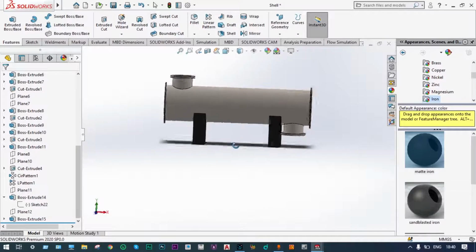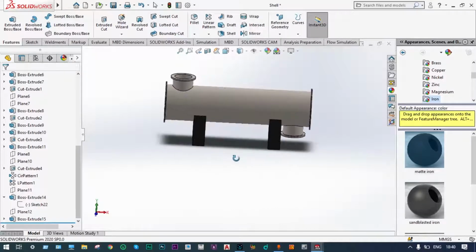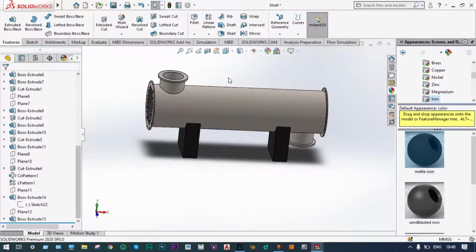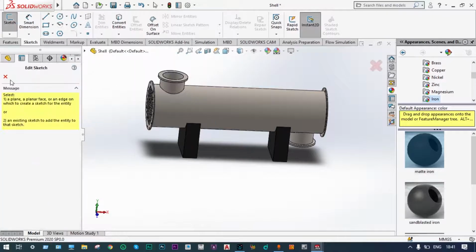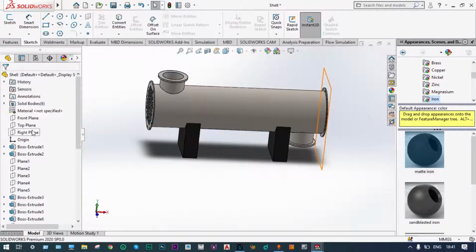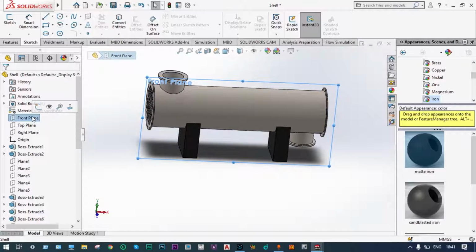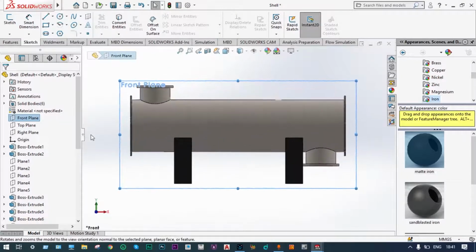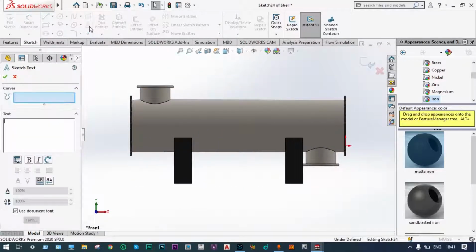Done. Another thing can be done, that means on that shell we can provide some kind of writing in embossed format. Now on that shell we can emboss its name. So start sketching. You have to select on a specific plane for that. Let us select front plane, normal to sketch. We can write shell tube heat exchanger,